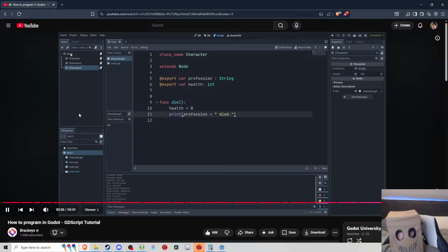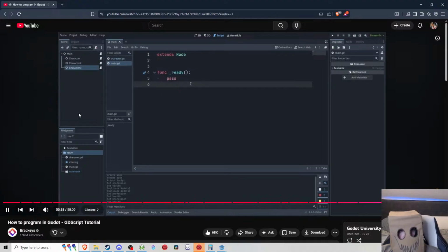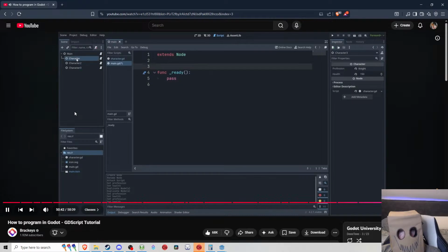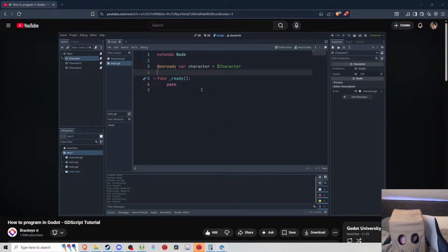So let's go into our main script now, and here we can get a reference to one of our characters and call the die function. We could simply drag and drop one of these nodes to get a